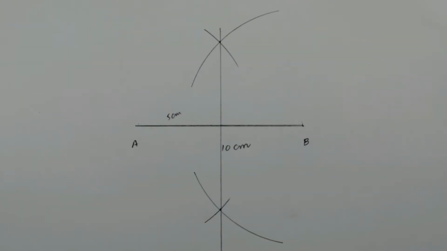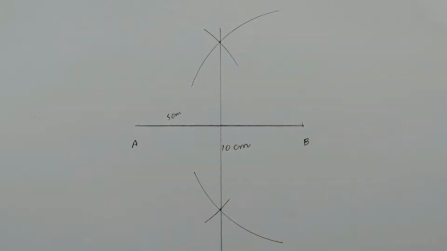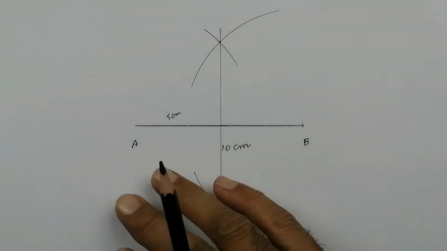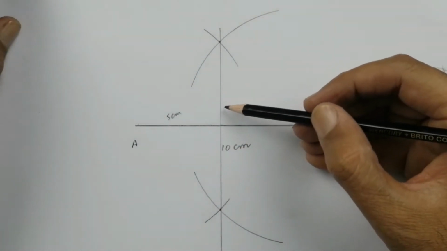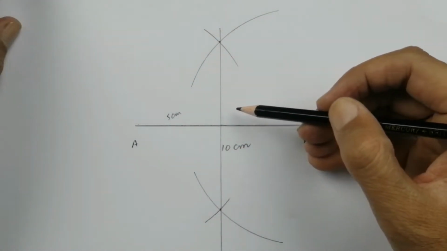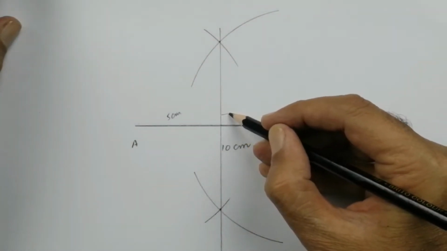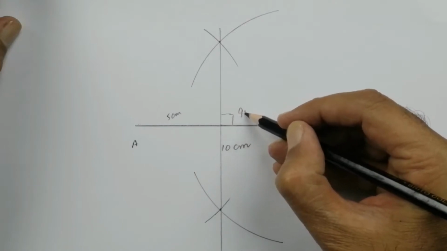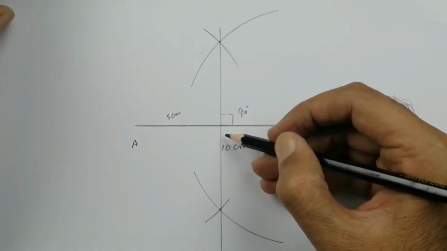You can do this question from your exercise, that is question number 1 from your exercise 12a. Draw a line segment AB of length 9.5 centimeter and construct its perpendicular bisector. We also call it a perpendicular bisector. Why do we call it a perpendicular bisector? Because it makes a perpendicular angle of 90 degrees. That is why we call it a perpendicular bisector.